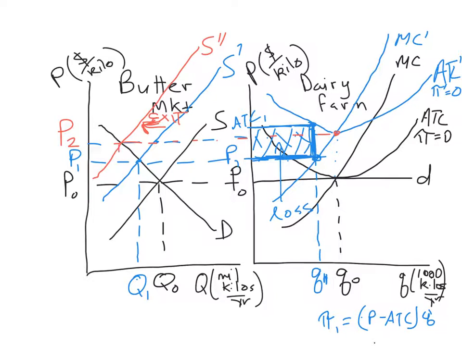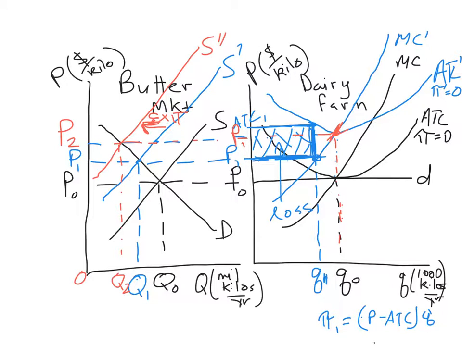So in the long run, price is going to rise by the full amount of the cost increase, so the survivors are going to be back to breaking even. Market output is going to have gone down by quite a lot. But firm level output for the survivors, because I drew everything up just by shifting up vertically, the minimum average total cost curve, where it intersects this marginal cost curve, is going to be at the same quantity as the initial quantity. So the survivors return to producing Q naught, but now they're getting P1 for it, which is enough to compensate them fully for that increase in marginal costs due to climate change effects